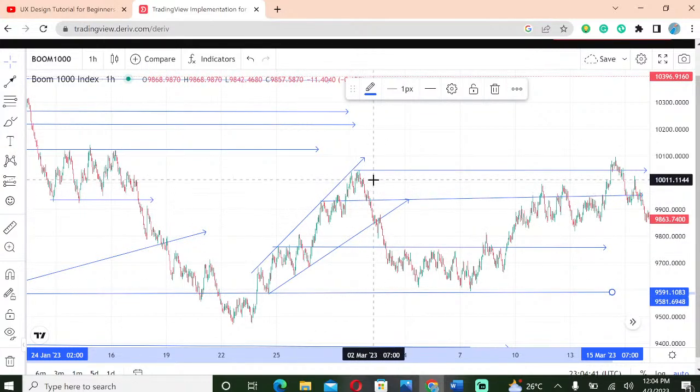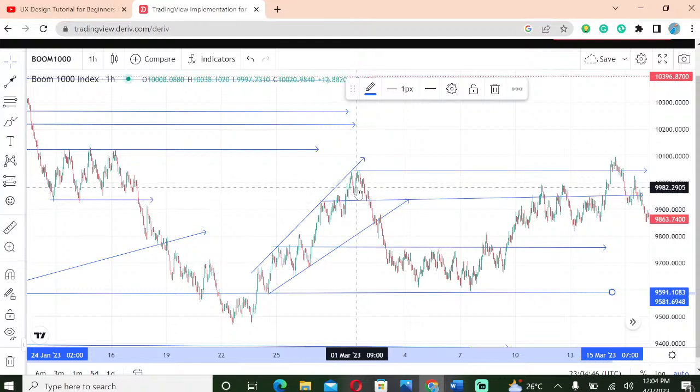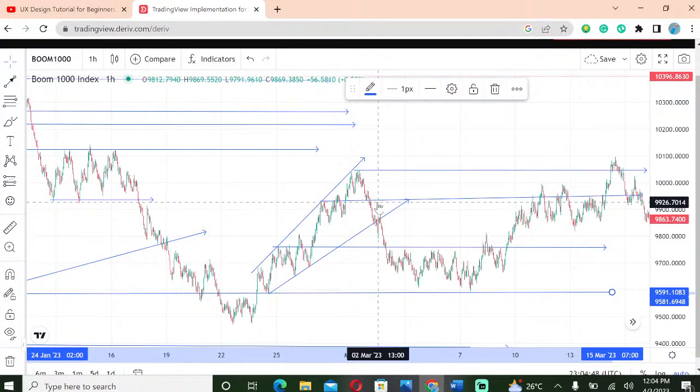You see, we have a support level here. We have a support level here. Between the support levels, we have a trade. When it breaks out, you know that it's going to stop at the next support level. So when you take it up here, you keep on spiking down here, and before it breaks the trend line,